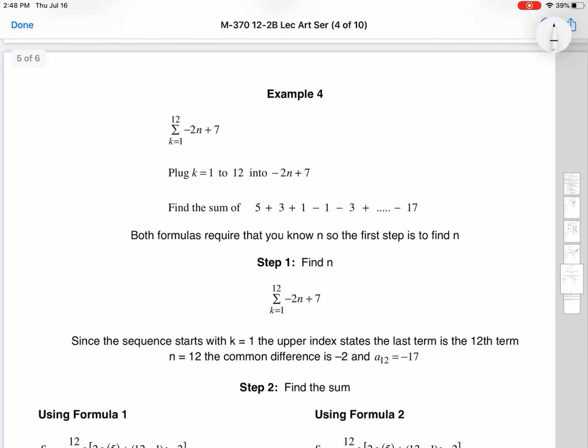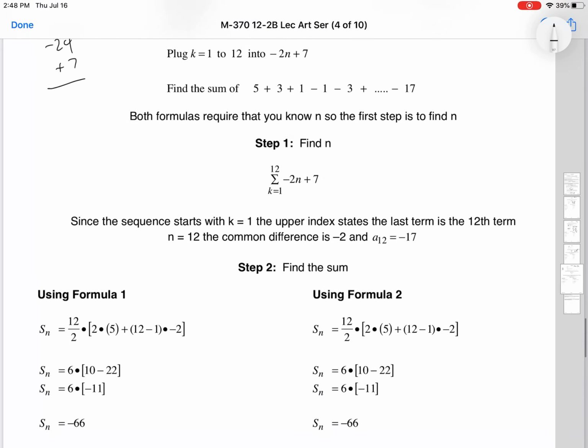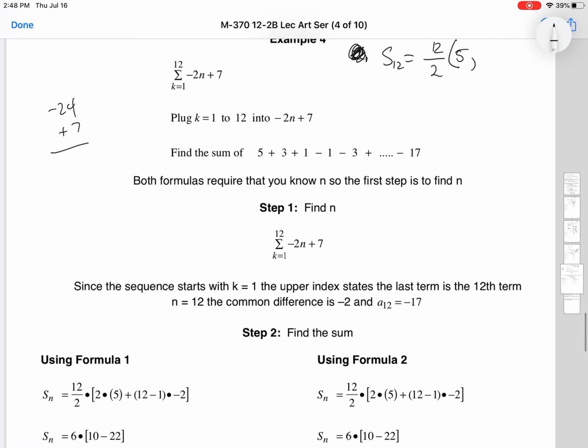Next one, k equals 1 to 12. Again, equally as nice. You can already start building this. The sum of those first 12 numbers is 12 over 2 times. And then we just need to know where we start. Plugging a 1 in, we get 5. Plug in a 12 in, we get negative 24 plus 7. So if we look at negative 24 plus 7, where do we end up? It looks like we end up, and we'll just double check down here, at